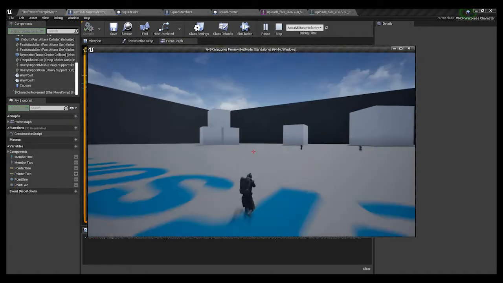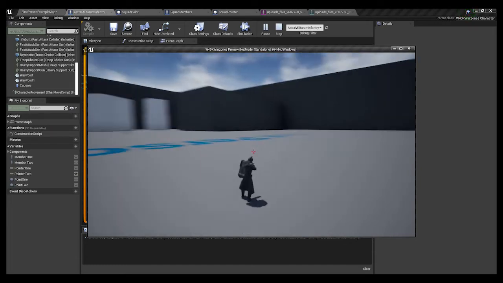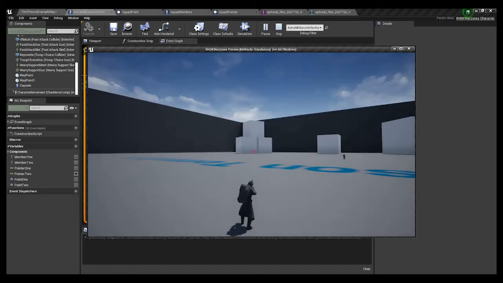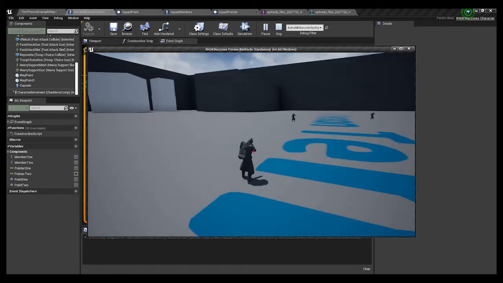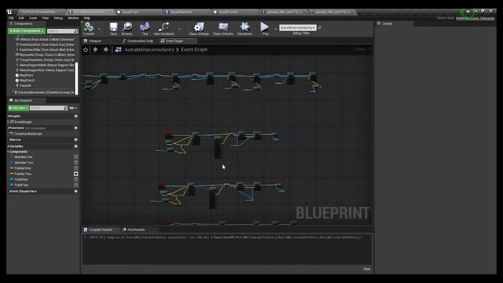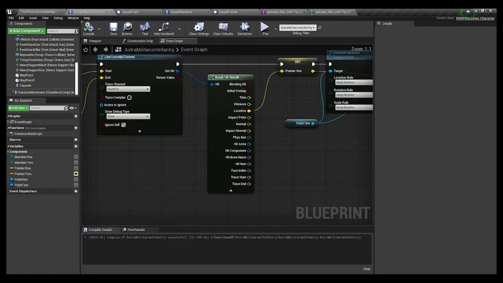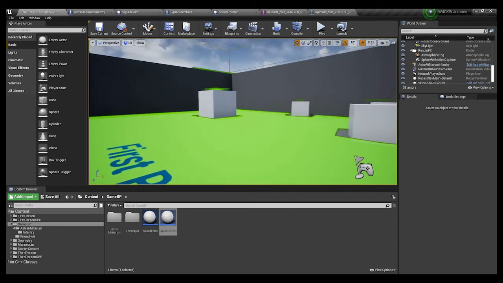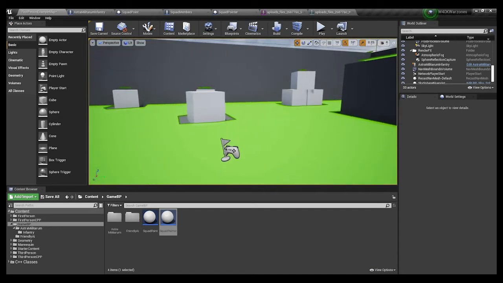Hold position. There we go. And then, Z. X. C to form up. There we go. Yeah. There we go. Alright. So now, what we want to do, after we detach from actor, now that that's said and done, let's